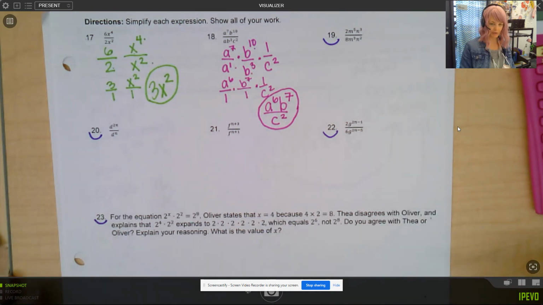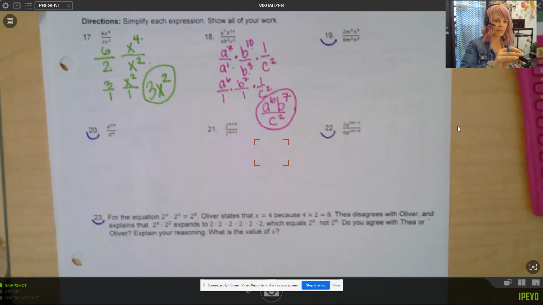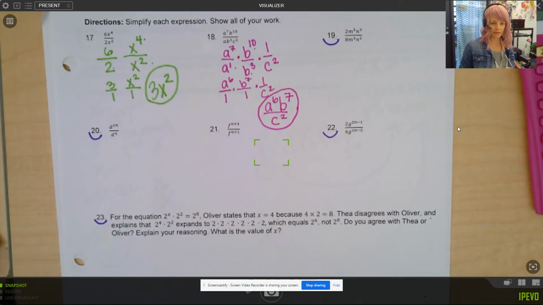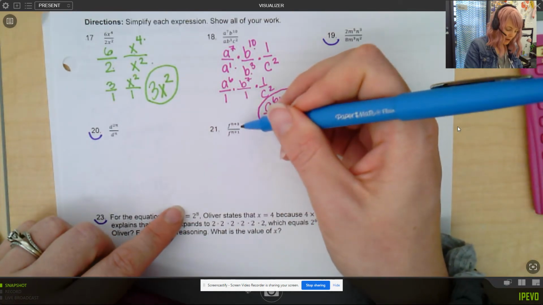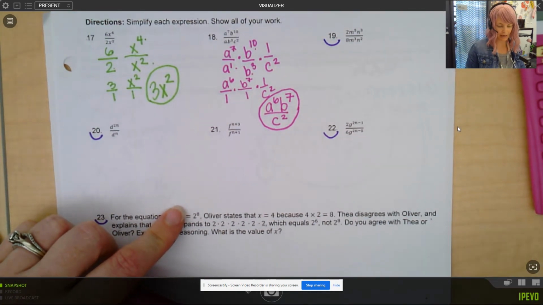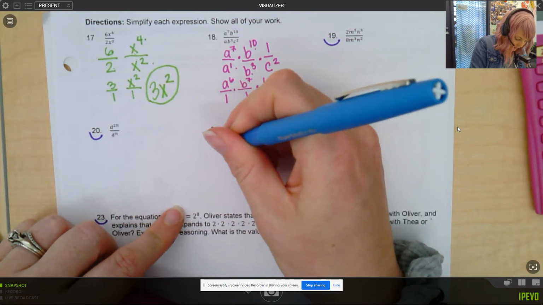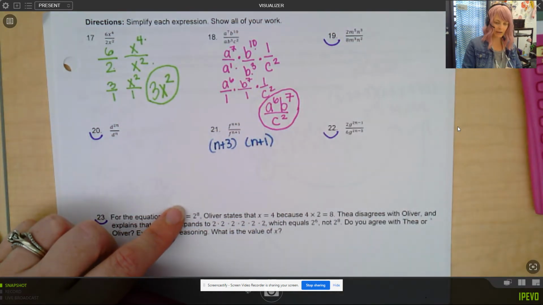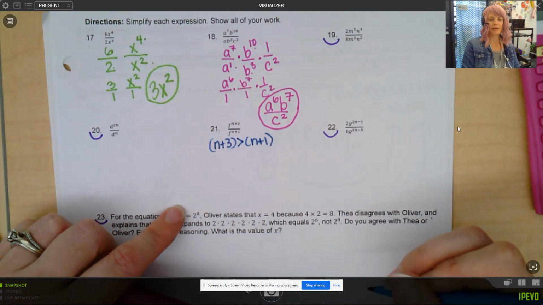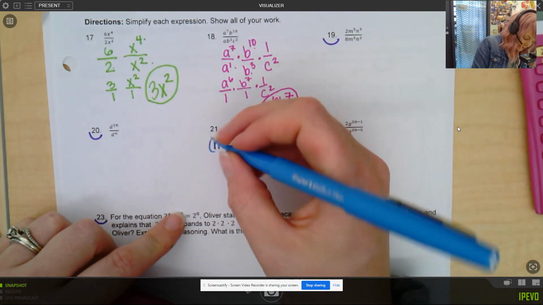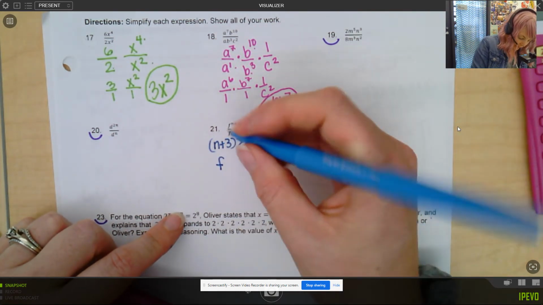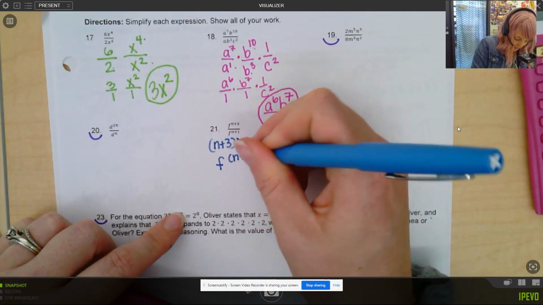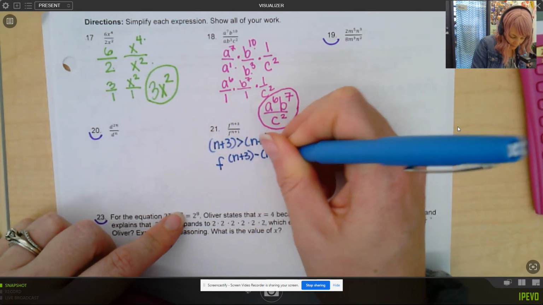I'm going to do 21 with you. Okay, first of all, notice we still have the same base of f, but our exponents are n plus 3 and n plus 1. So we have to ask ourselves, which one's bigger? If I have n plus 3 comparing to n plus 1, what's bigger? N plus 3 is bigger. So that means that this is going to turn into f to the (n plus 3) minus (n plus 1)